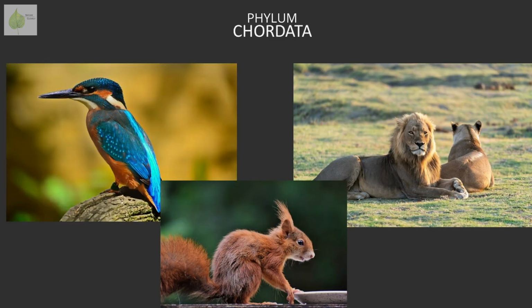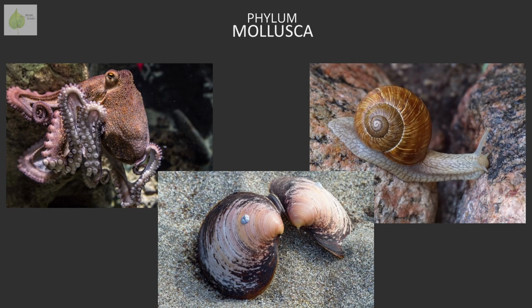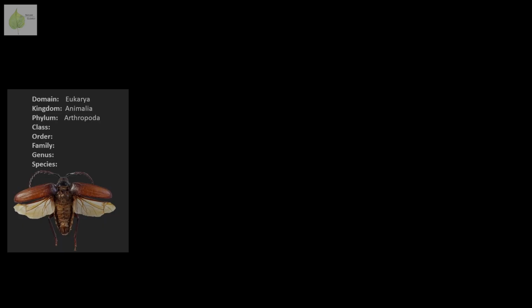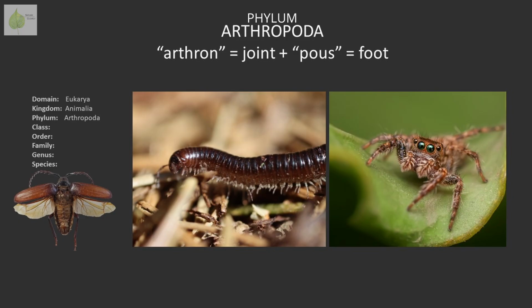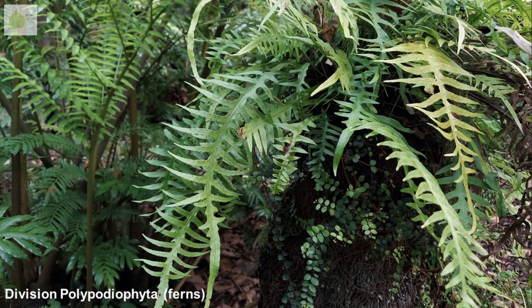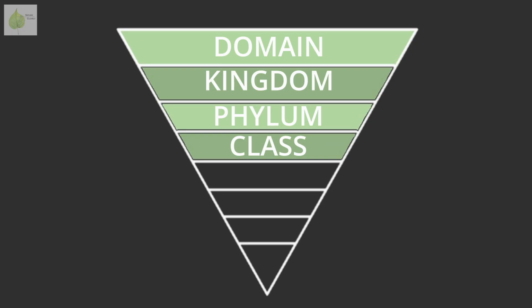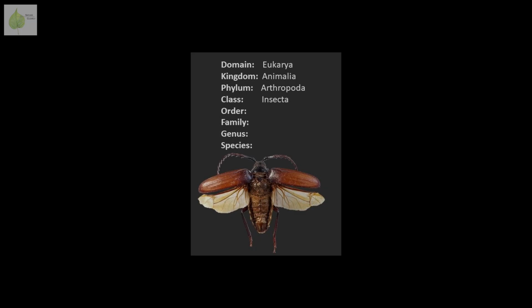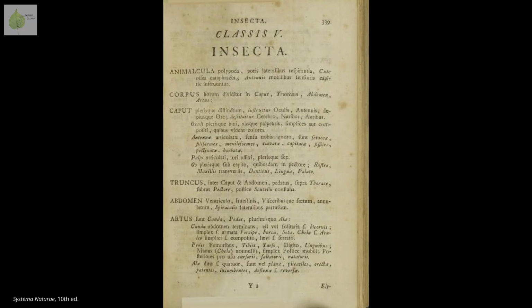Organisms are divided into individual phyla based on shared characteristics or evolutionary relationships, and at this level, many of them focus on anatomical features or body plan. In our example, we have the phylum Arthropoda, which means jointed leg, referring to their jointed limbs, which is characteristic for this phylum. In botany, the term division is often used in place of phylum. Class is the next taxonomic rank, and for our beetle, it would be class Insecta. This particular class was already introduced by Carl Linnaeus, as you can see in this text from the 10th edition of Systema Naturae.